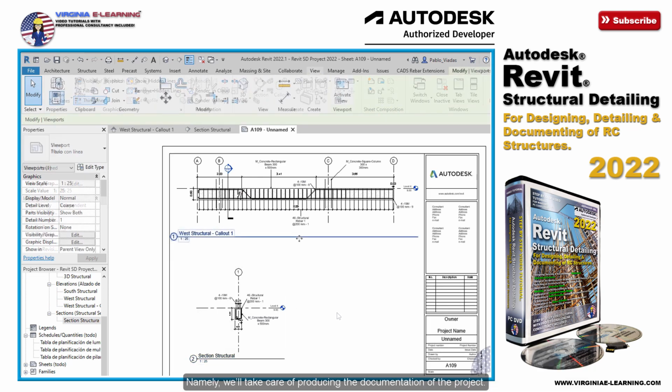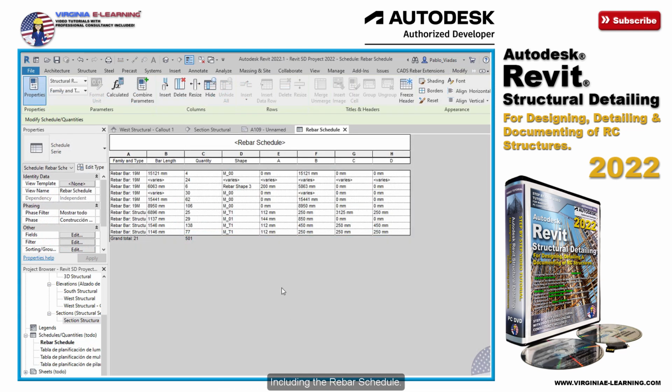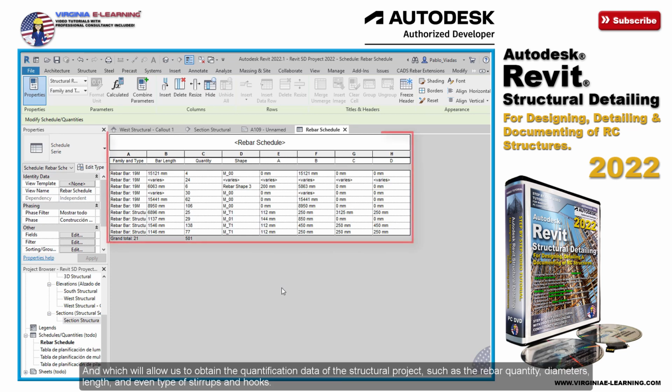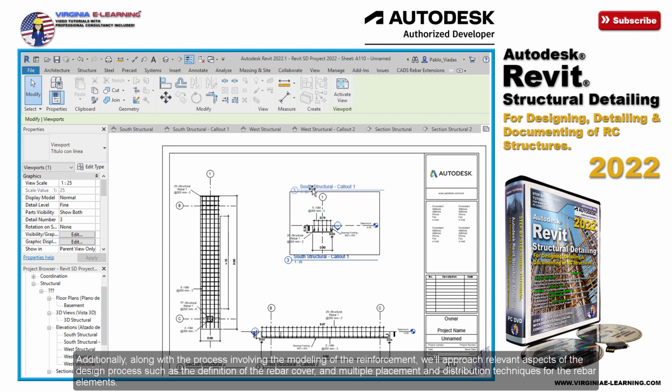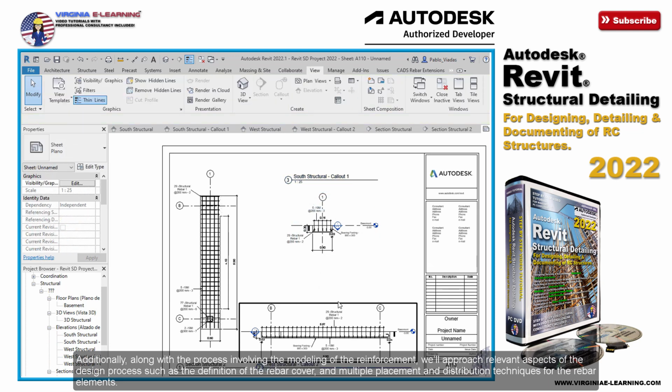Namely, we'll take care of producing the documentation of the project, including the rebar schedule, which will allow us to obtain the quantification data of the structural project, such as the rebar quantity, diameters, length, and even type of stirrups and hooks. Additionally, along with the process involving the modeling of the reinforcement, we'll approach relevant aspects of the